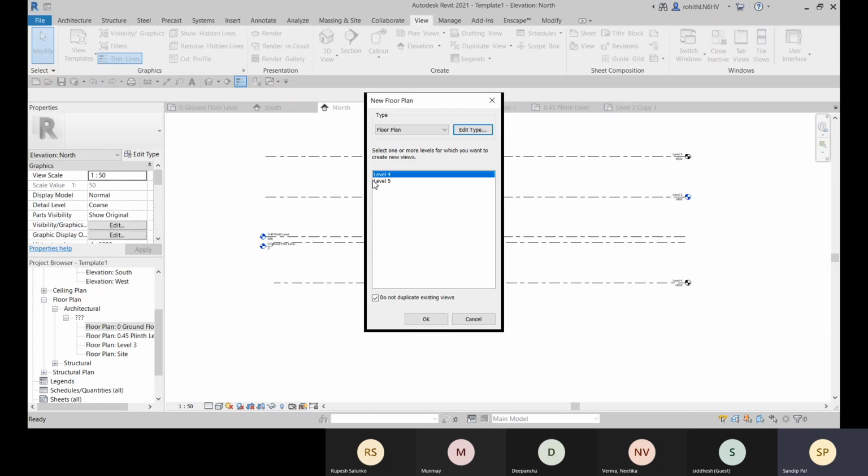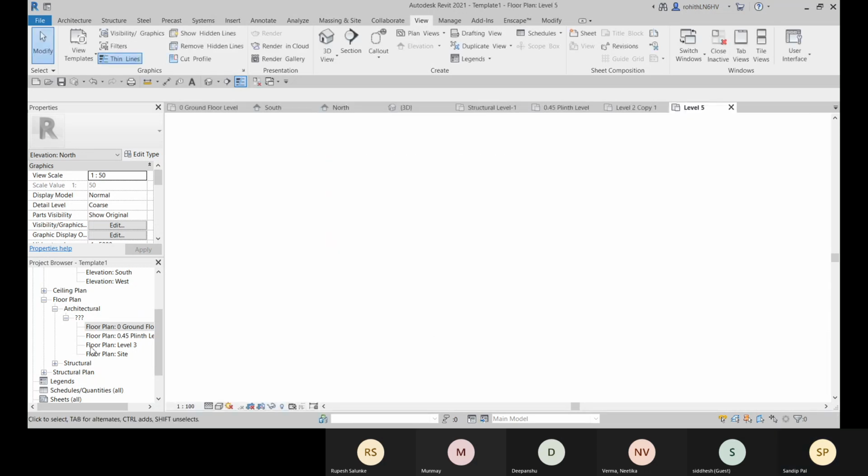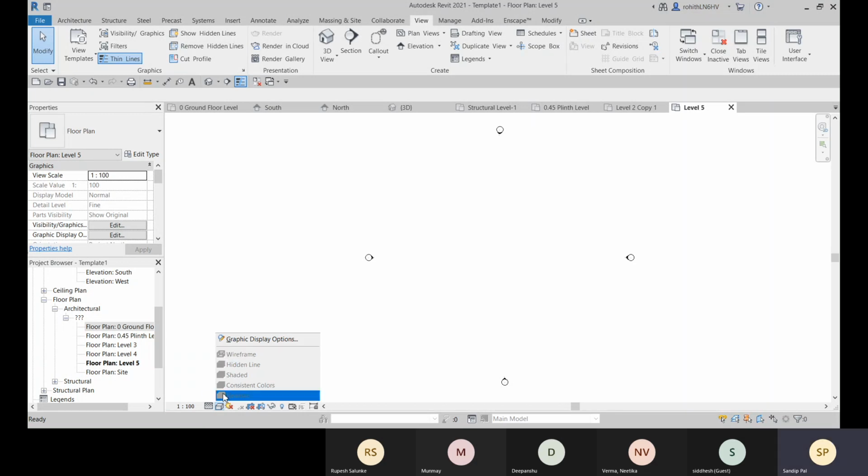Absolutely, click on OK. Now select these two, and this option is checked: do not duplicate existing views. Click on OK, and you will see that level 4 and level 5 are added, and as per the architectural view template, we have these view settings.